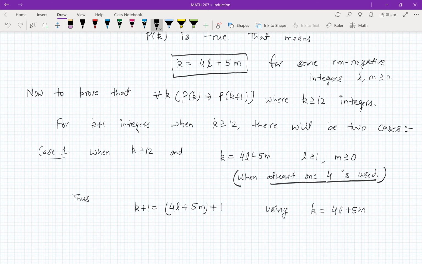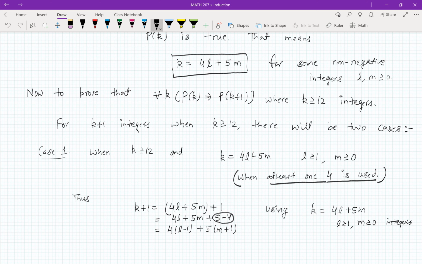Thus we can represent k plus 1 as 4 times L plus 5 times M plus 1. When we substitute, k is going to be equal to 4L plus 5M. So this we can rewrite as 4 times L plus 5 times M, and 1 we can represent as 5 minus 4. And if we simplify, then k plus 1 can be represented as 4 times (L minus 1) plus 5 times (M plus 1),